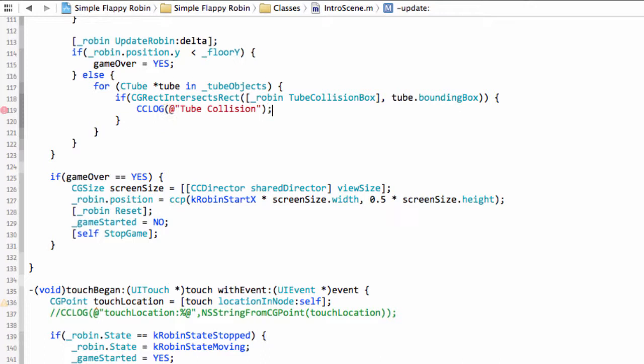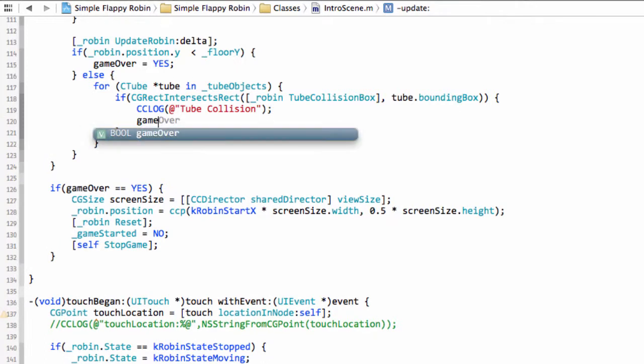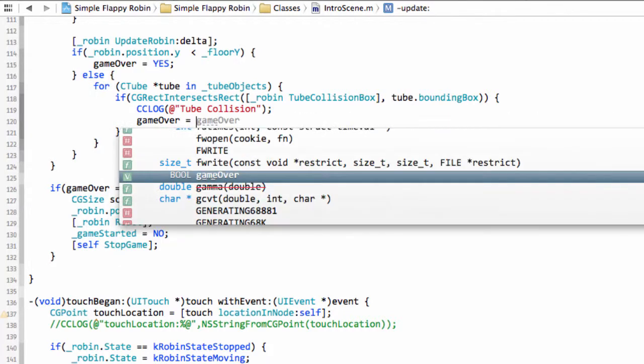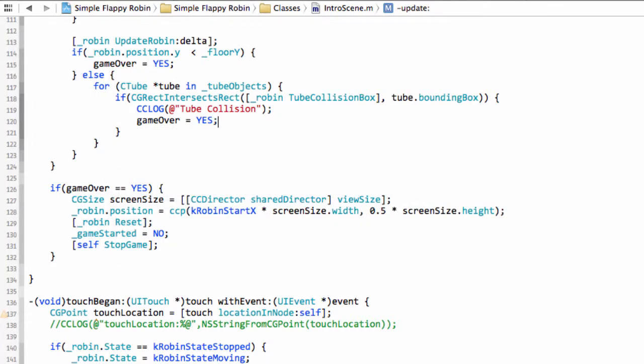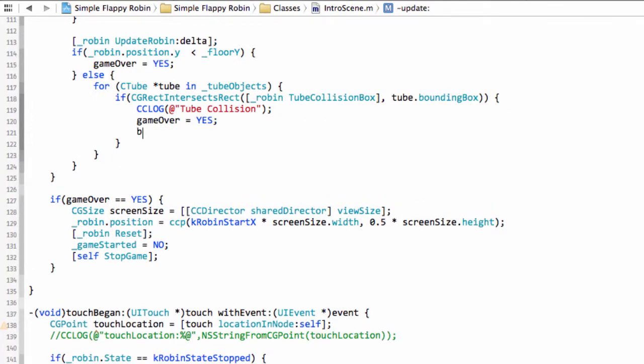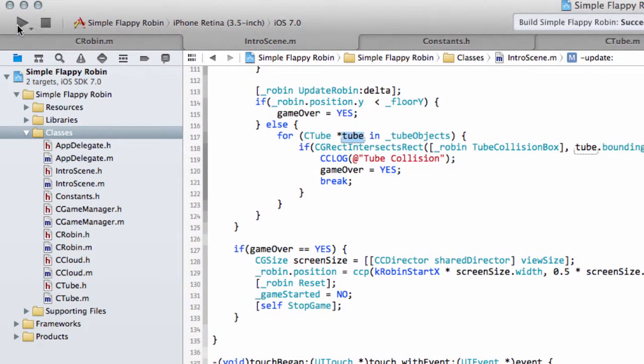And when we've got the tube collision, then we're in the situation where the game is now over, so we can say gameOver equals YES, just as when the robin collides with the floor. And then we can simply break out of the loop for the tube objects, because we've already found a tube that we've collided with. So that's all we actually need to do to get the collisions working. If I just run the application now,